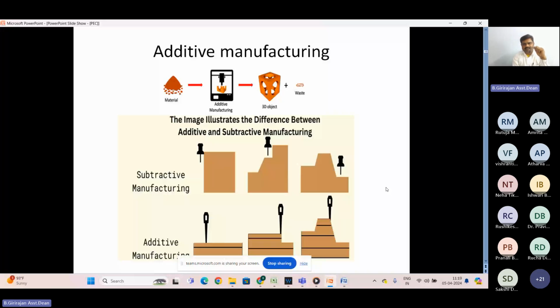The additive manufacturing and subtractive manufacturing is required for shaping it in a proper way to make the product. So there will be the material. You can see in the first picture, there will be the material, and with additive manufacturing, we make some shapes with a proper quality, and it has some waste, and the objects will be there. So after that, you get some object which is usable. So this is the additive manufacturing or subtractive manufacturing used in the industries.